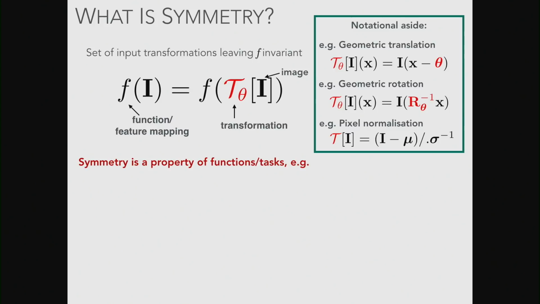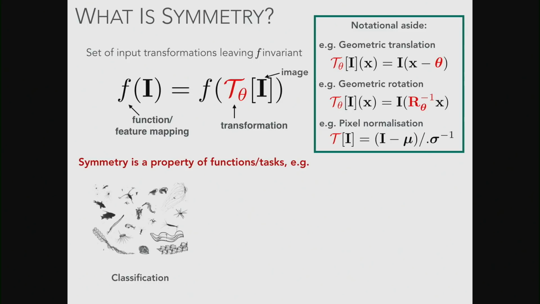Symmetry. We normally say that if a function f is invariant to a set of transformations T sub theta, we might also say that T sub theta are a bunch of symmetries of the function. So there's kind of two ways we can talk about this, invariance or symmetry. Basically, just think of them as the same thing. And examples of cases where we might want this are classification, quite trivially. We want to be invariant to translations, rotations, affine transformations, color transforms, contrast transforms, illumination, viewpoint, etc., etc. This is kind of like computer vision 101.